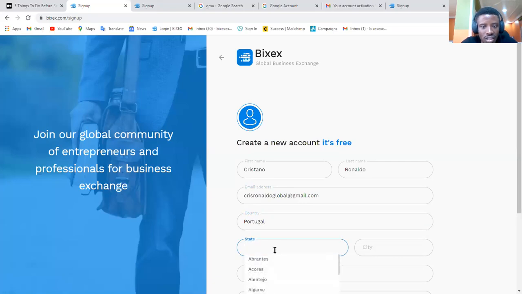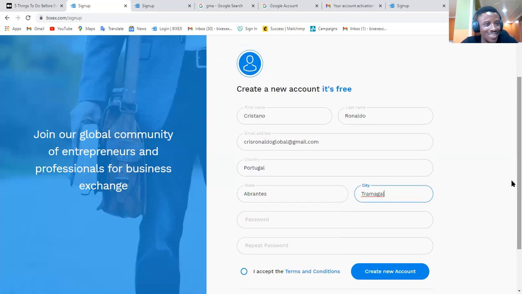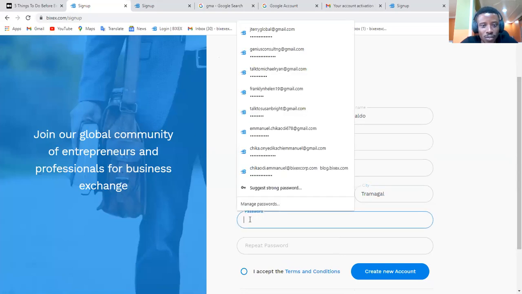States, let's just use a random state. Let's just use this one. And then city, let's just use this one. I know that's not where Cristiano Ronaldo is from, but let's just use that. So password, what do you guys think we should use? Don't mind this series of emails here. See his password is